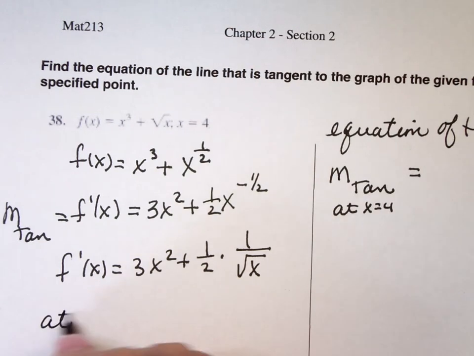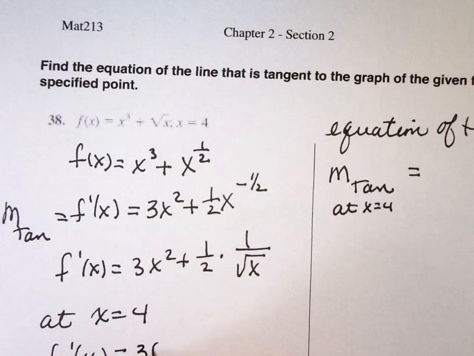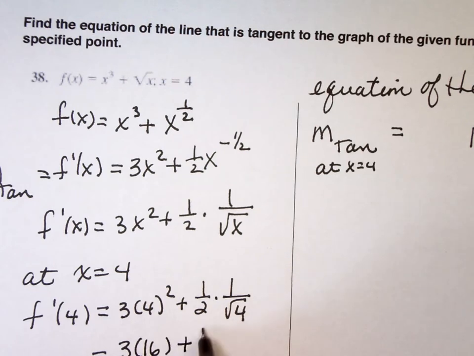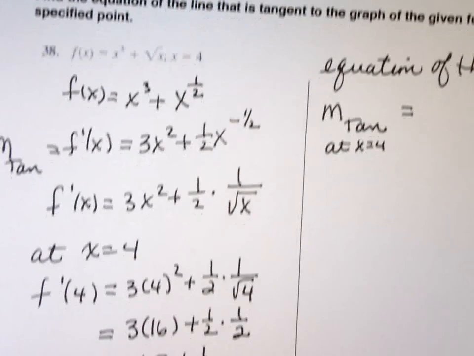So that at x equals 4, f prime of 4 is 3 times 4 squared plus 1/2 times 1 over the square root of 4, which is 3 times 16 plus 1/2 times 1 over 2, which is 48 plus 1/2 times 1/2 is 1/4, 48 and 1/4,